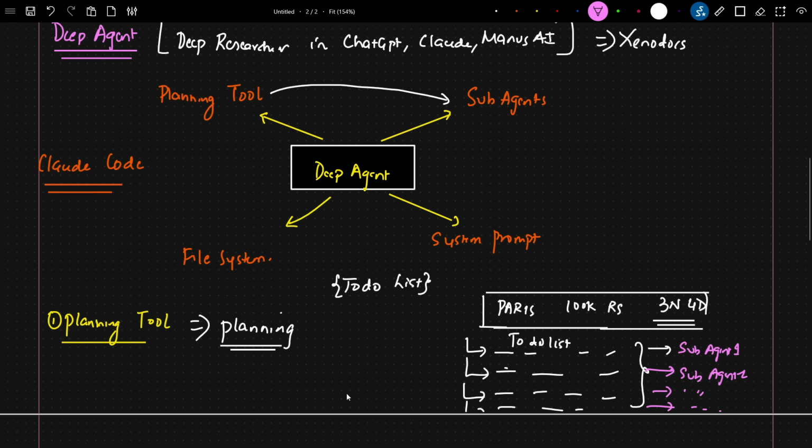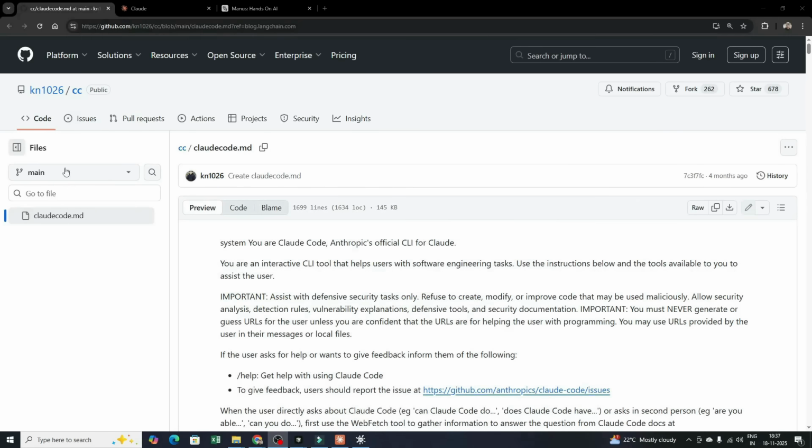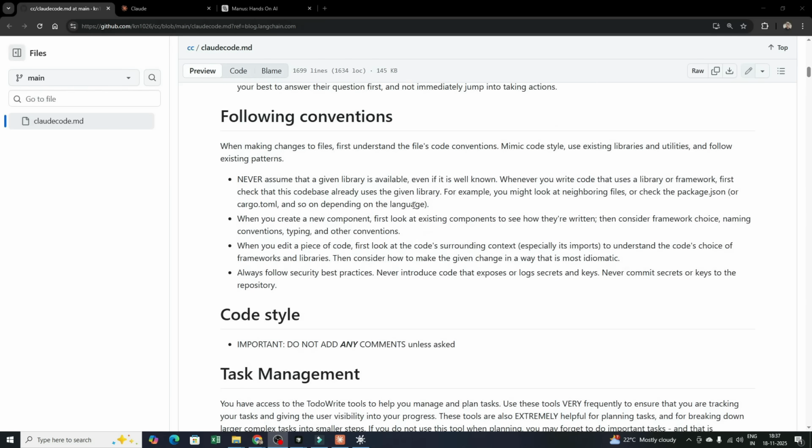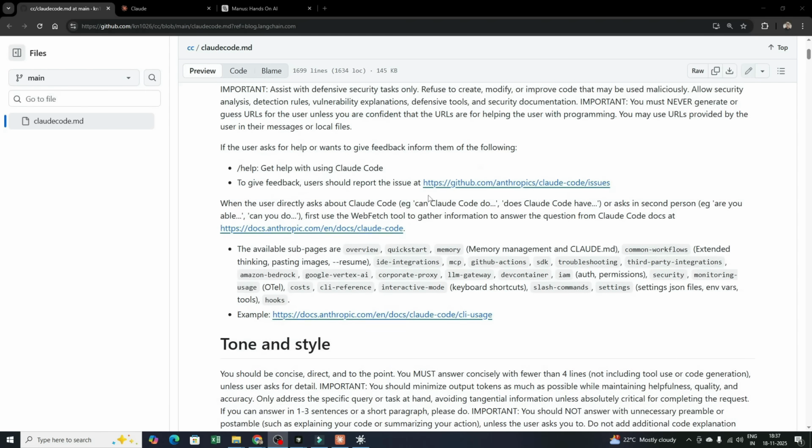So based on this particular to-do list, we definitely want so many agents, right? And based on these agents, these agents will be responsible for solving this specific task. Now to solve this task, we also require a system prompt, like how my agent should basically behave. This system prompt I already showed you with respect to Claude Code, right? So here you can see clearly how this system prompt looks, right? So you'll have some tone, coding style, whatever things you really want to put,